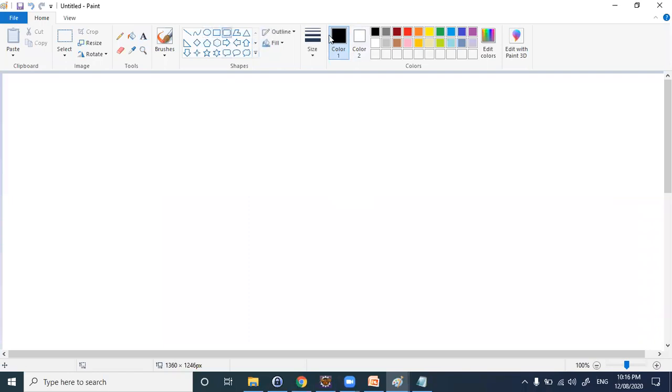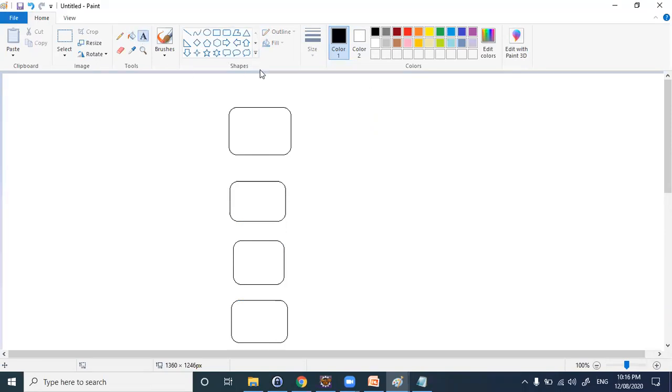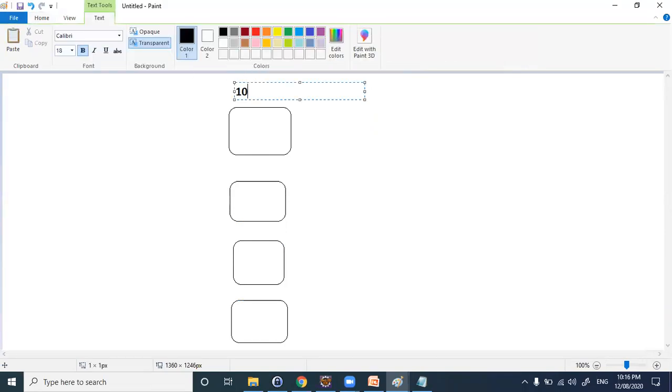Let's assume we have 4 subnets here. Let's say this is a subnet which will start with 10.1.1.0/24.